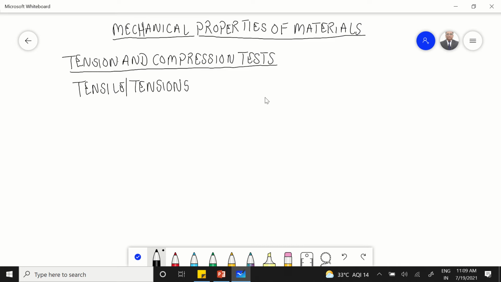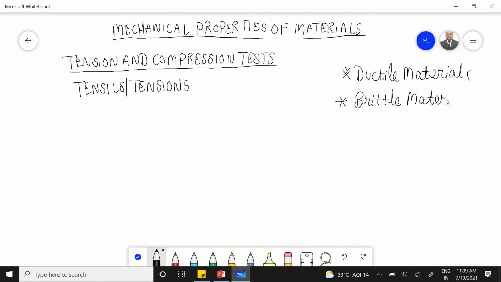Okay, now see, remember one basic point. All these types of tests which are used to evaluate the different mechanical properties of a material can be decided on the basis of two types of materials. One is for the ductile materials and another one for the brittle materials, right? So right now we are going to talk about the behavior of ductile materials and what are the various mechanical properties that are associated with ductile materials which we obtain from a tension test.